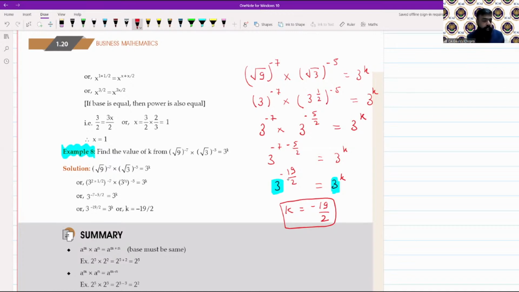Harsh Singh says where to answer your question. See, you can answer here only. So this is the space where you can ask your doubts, you can give your answers, or anything which you want to convey to us, you can write it here. Okay, so that we can easily read your queries and everything. All right. So Nikita says understood. Harsh has given the answer minus 19 by 2. Janvi says all clear. Great.